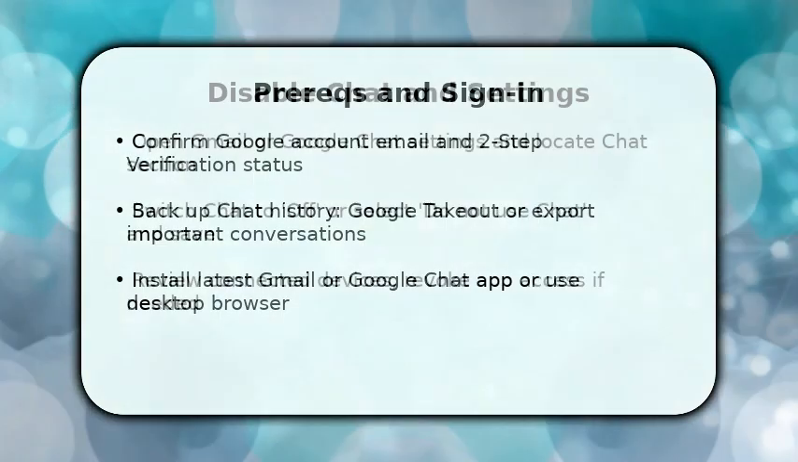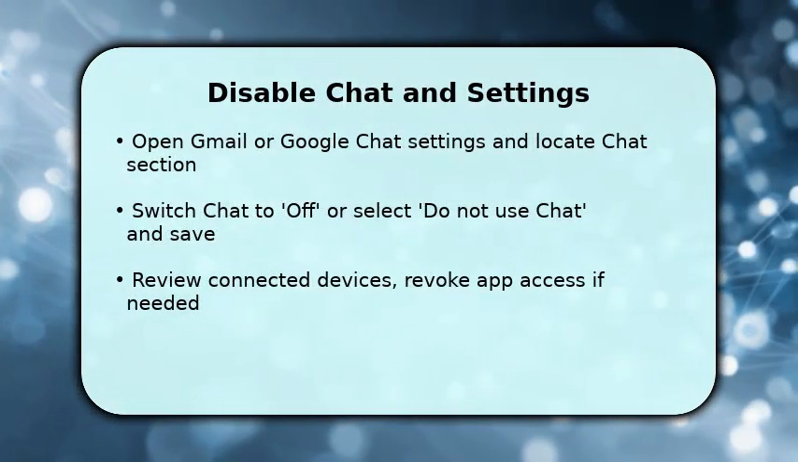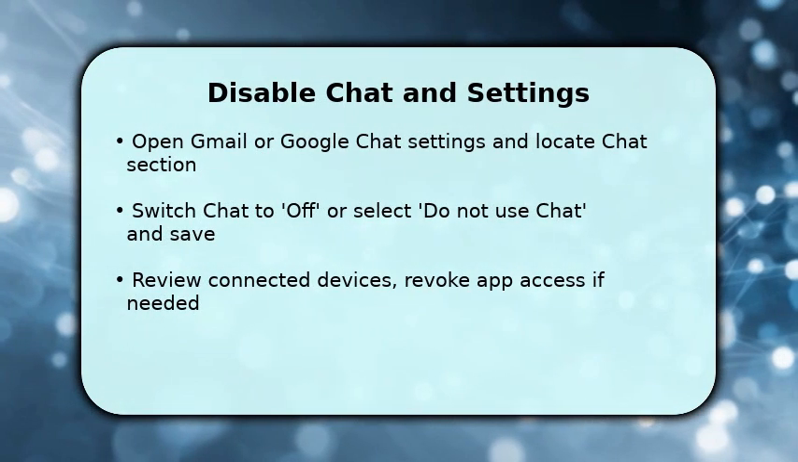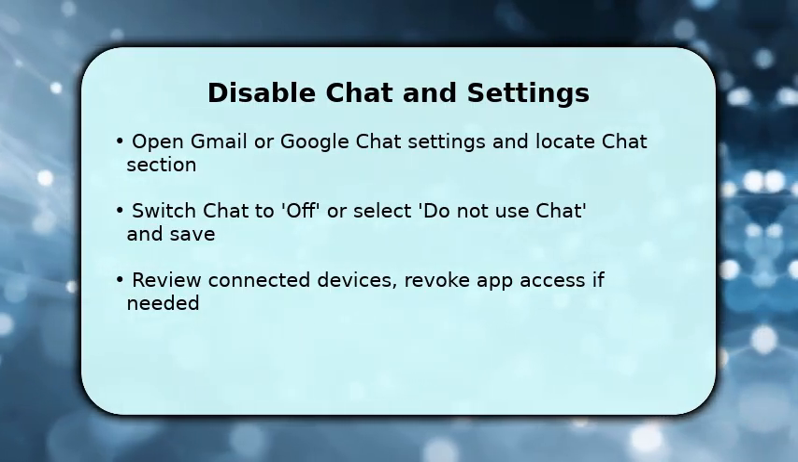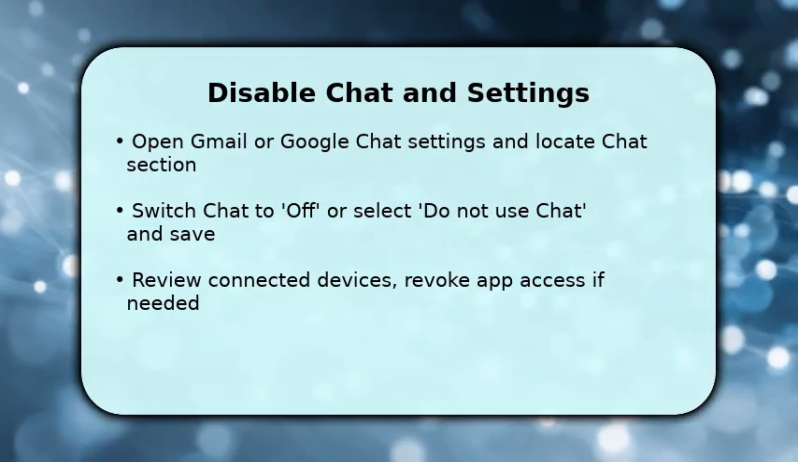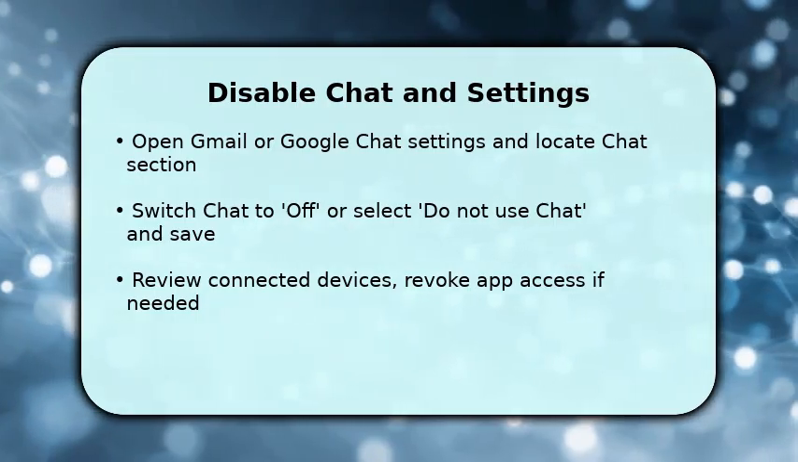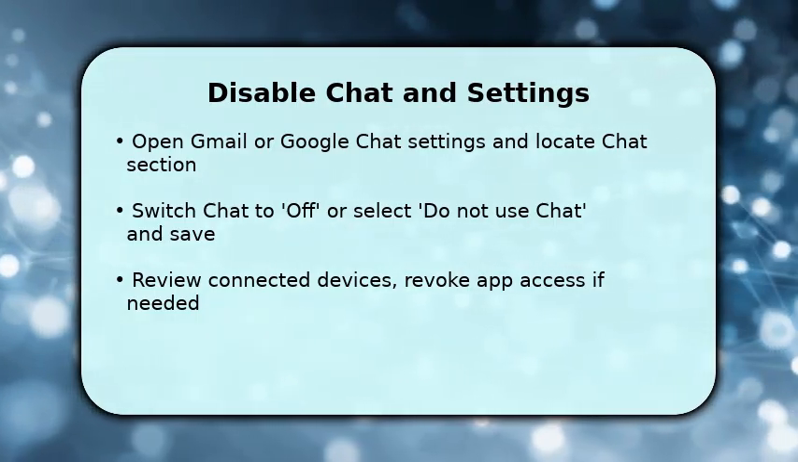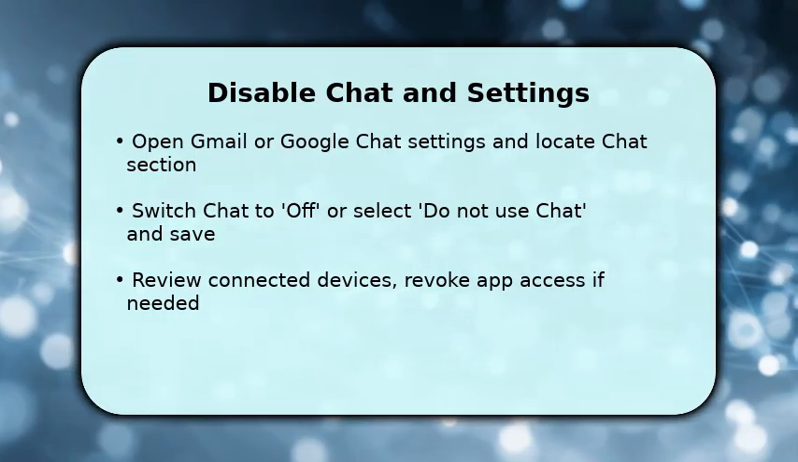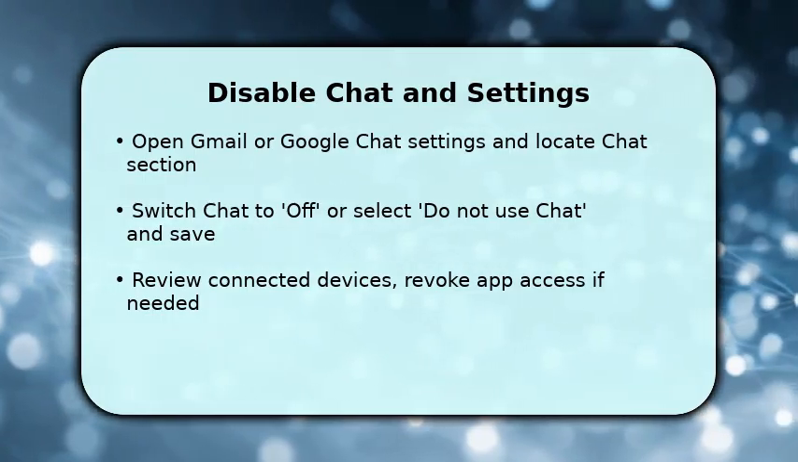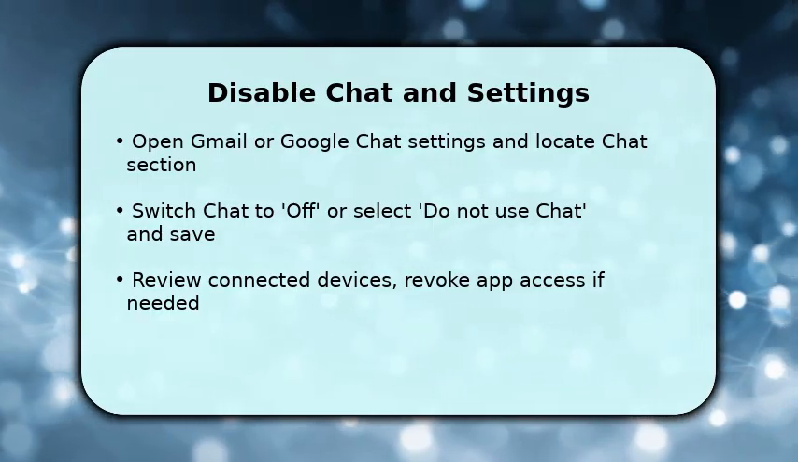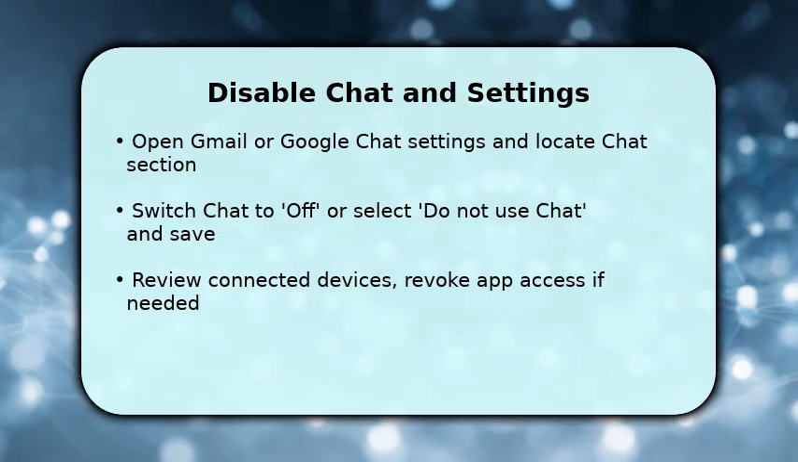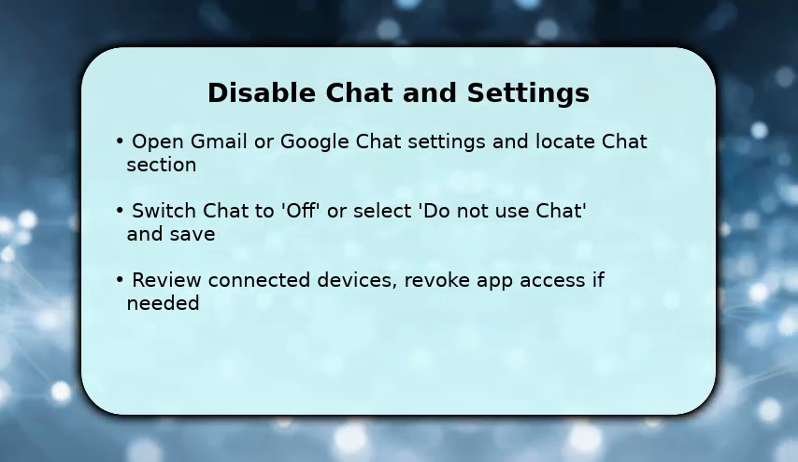You'll now turn off Google Chat in the product settings. In Gmail, click Settings, see All Settings, Chat and Meet, then choose Chat Off and save. If you're using the standalone app, open Settings, General, Chat and toggle it off. Make sure to revoke any third-party app access under Google Account Security, third-party apps with account access. This prevents background reconnection. Once these are completed, check a different device to confirm chat status is inactive before proceeding